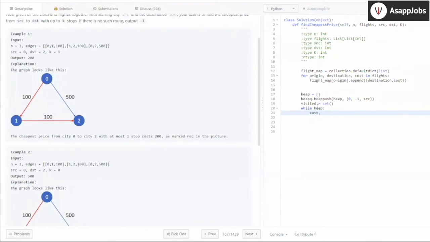So here, the heap structure that I used always sorts by the first variable that I give here. So that's why I keep the cost as the first triplet value. Okay, now this is cost. The next value is the number of stops that you can have, and then is the city. What you do is you say heapq.heappop, not heapq.pop, and then you see the structure.